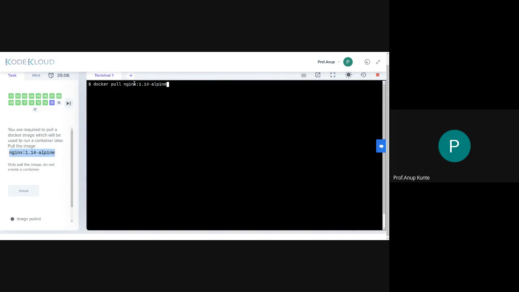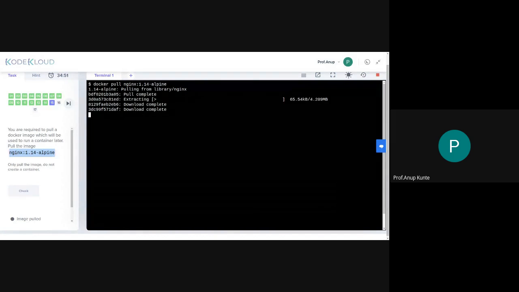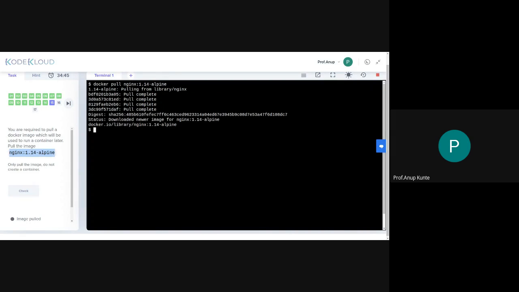So nginx is the name, colon. So the repository name is nginx. I am downloading repository nginx, and the tag that I'm downloading is 1.14-alpine. So the tag is like a version number: repository name, colon, version number. That is how we are pulling that particular repository onto your machine. Now why are these separately 1, 2, 3, 4 things? Because it's a distributedly stored application.